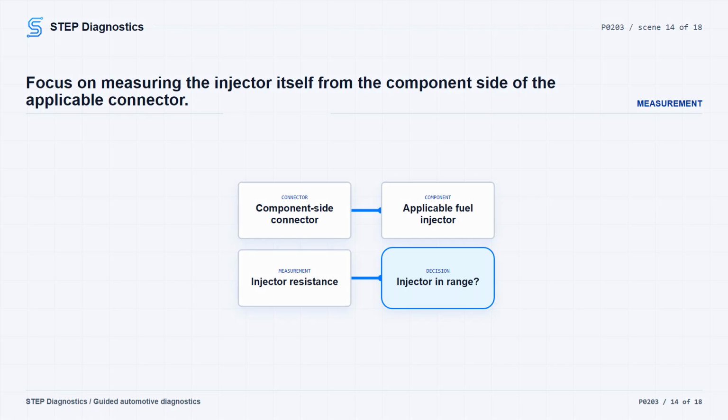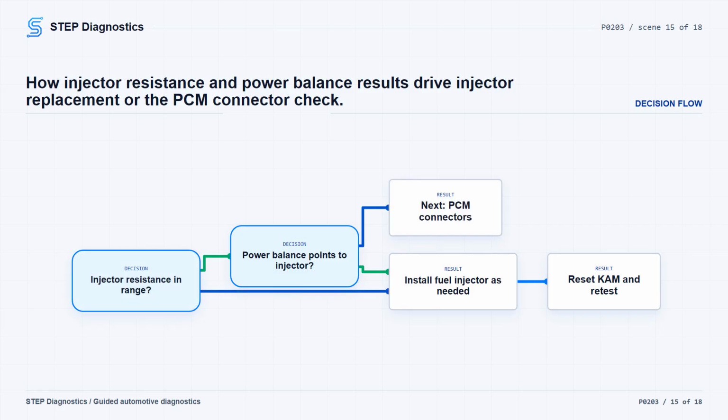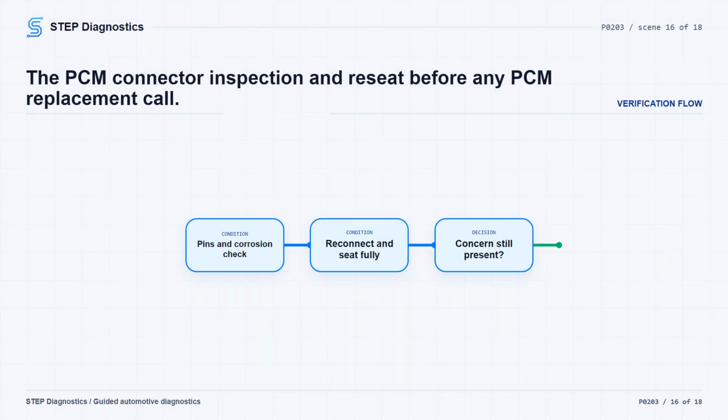If the resistance is between 1 ohm to 3 ohms and the power balance test pointed to an injector concern, install a new fuel injector as necessary, reset keep alive memory, clear the PCM codes, and repeat the self-test. If the resistance is in range and the power balance result did not specifically point to the injector, continue to the PCM connector check. For the PCM side check,